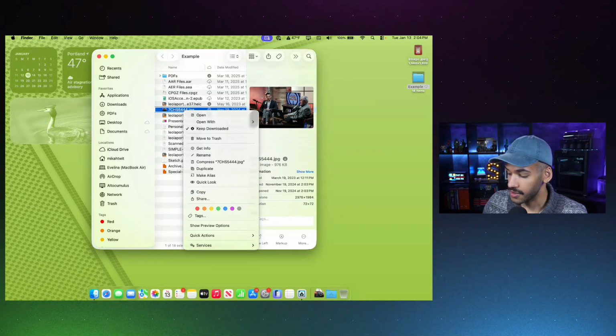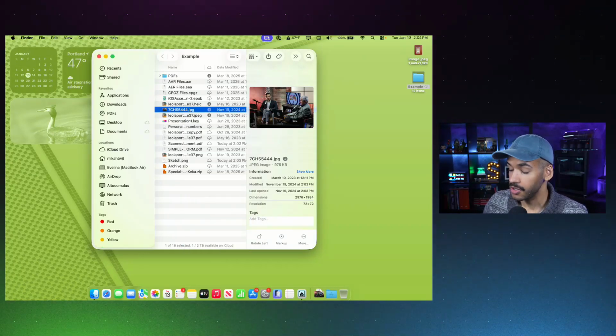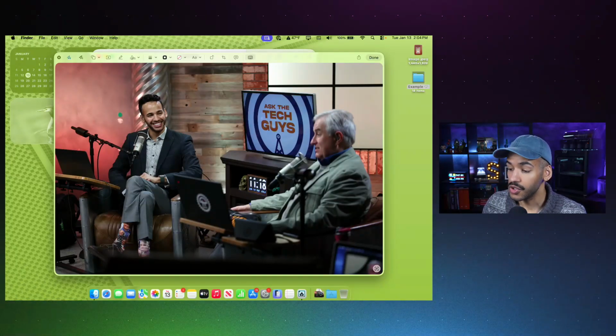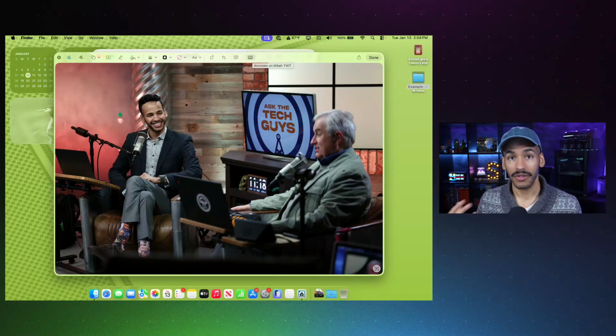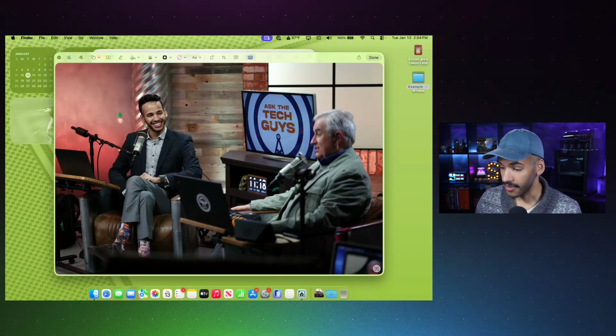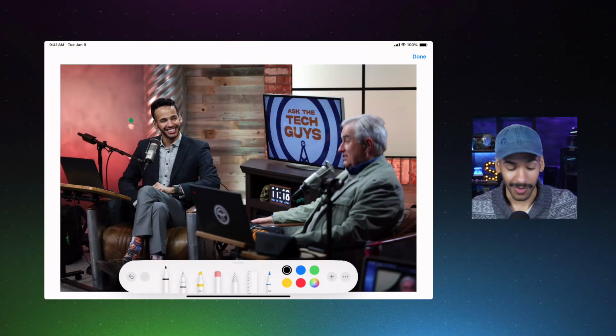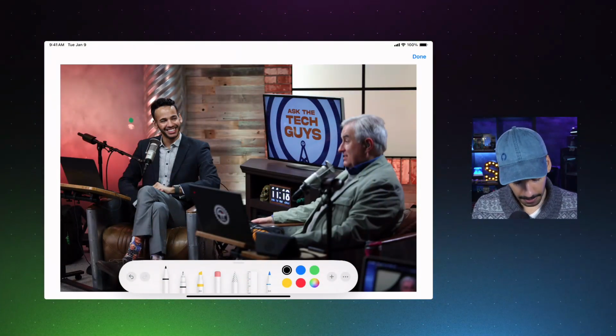and you can right click and move down to quick actions. That's one way to get to markup. Or in the Finder, you can simply select it from your Finder quick actions. And when the markup page comes up, at the very end, you should see your device, be it an iPhone or an iPad. And if we click on this, what happens is on iPadOS, the image pops up,